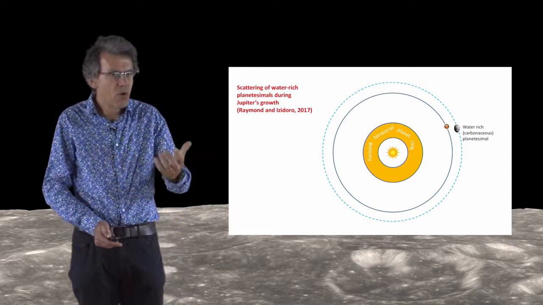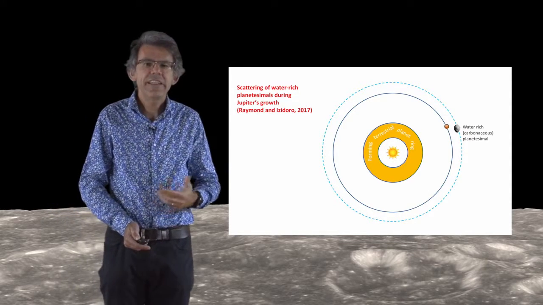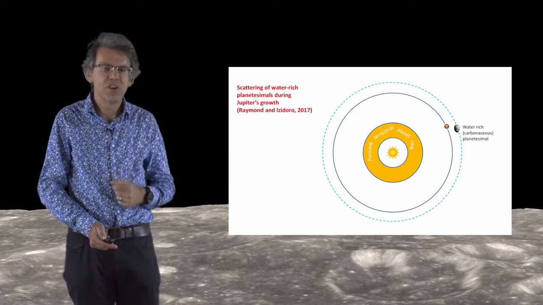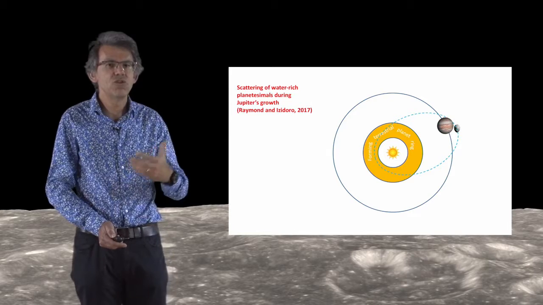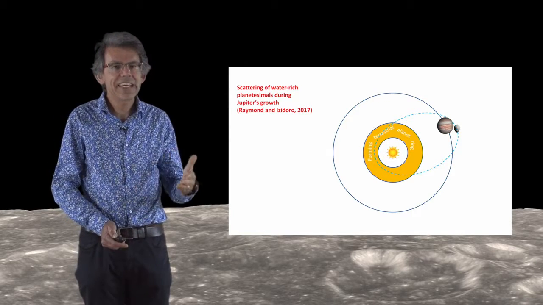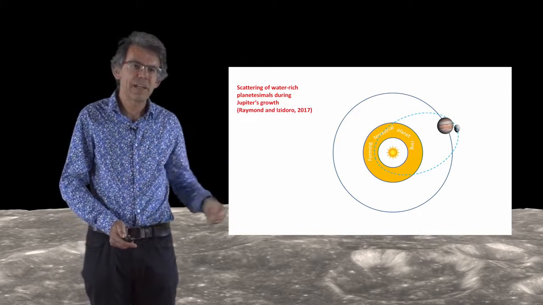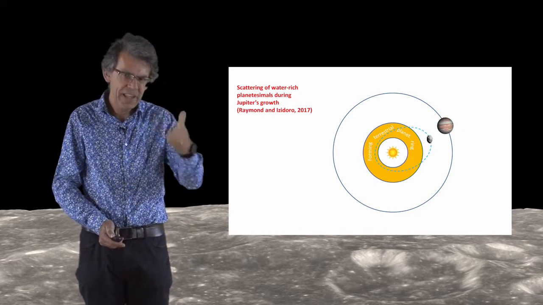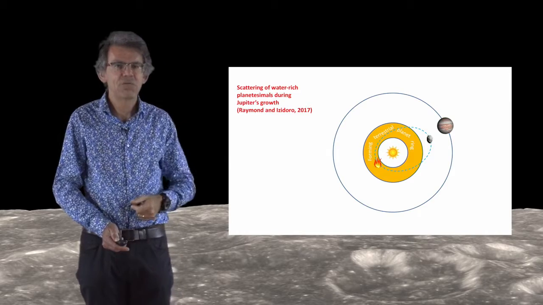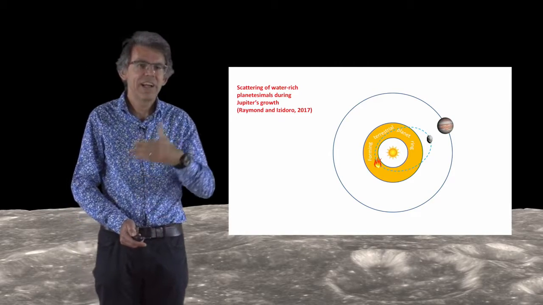Maybe Jupiter stayed more or less in situ. In that case, the planetesimals beyond its orbit could have been destabilized and scattered into the inner solar system during Jupiter's growth. And in this case, the decoupling between the orbit of these planetesimals and the orbit of Jupiter would have been due to gas drag. And then once decoupled, again, these planetesimals would have collided with the terrestrial planets and delivered